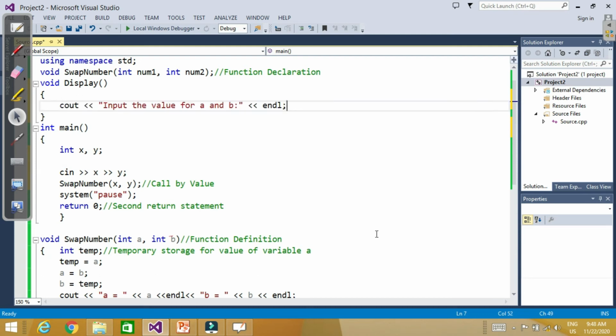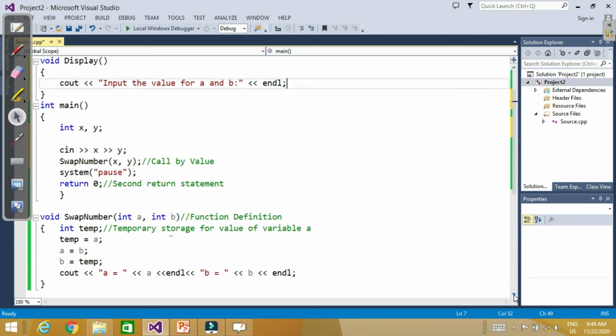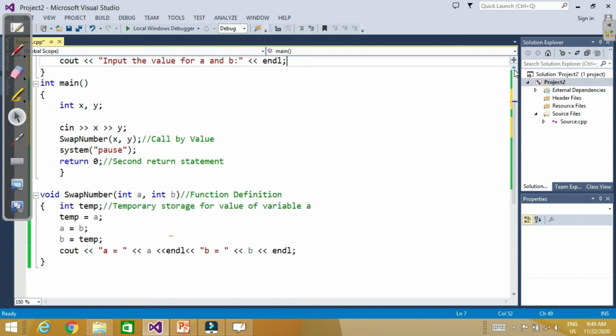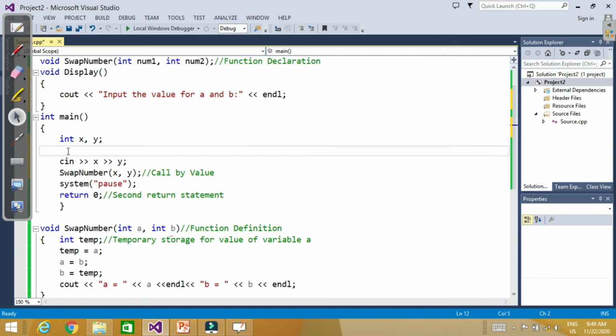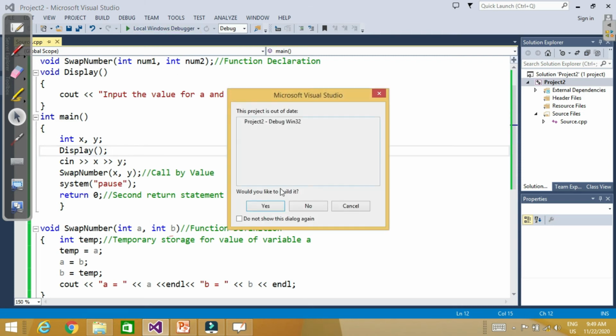Now we will call the display function here. This function does not have any argument, and it does not return any value. Instead of writing cout input the value for a and b every time, we can simply call the display function here. So now this program has two functions.